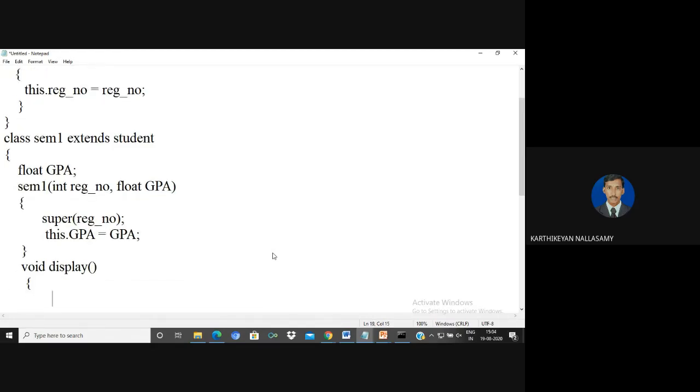System.out.print register number equal to reg_no, plus the value of GPA in semester 1 equal to the GPA.